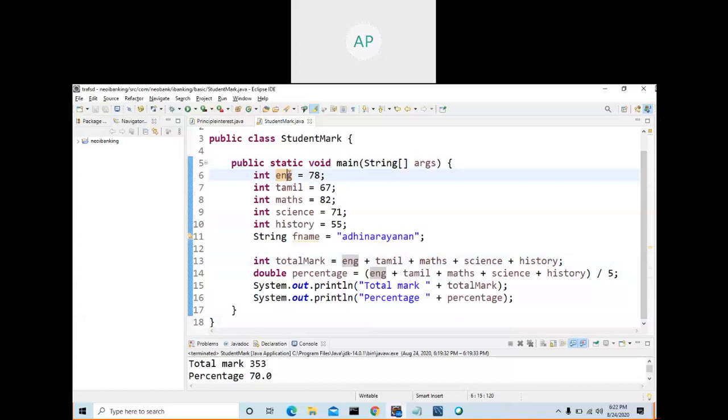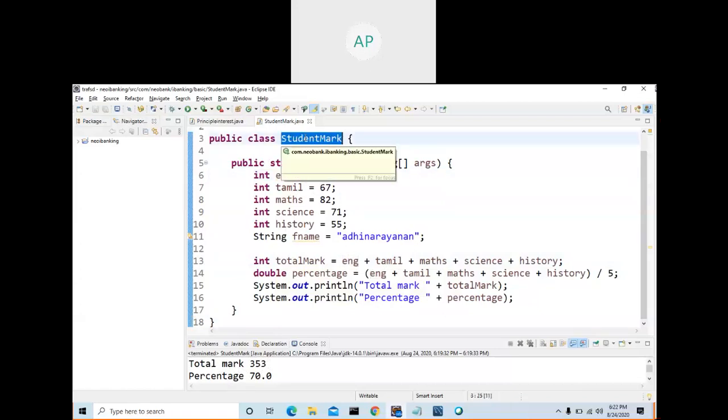All the values you are going to store into the variable. Then when you add, it is going to add the values that it contains. Finally, we are getting the output. Here we wrote one Java class. Now, in this class you saw a method, variable declaration, and you created one class.